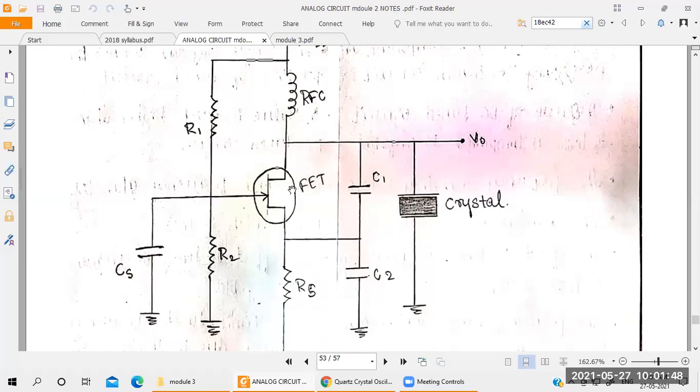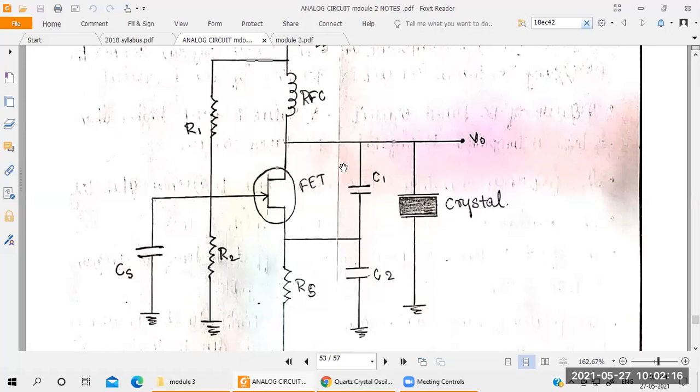And it is a good amplifier for driving the current. It is a good amplifier for driving the voltage. So that is the advantage of taking a voltage divider circuit. For the input side they have connected two resistances in order to divide the voltage. After that they have taken a capacitance for the gate side. Then they have taken two capacitances, C1 and C2.